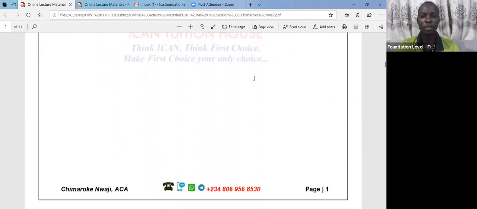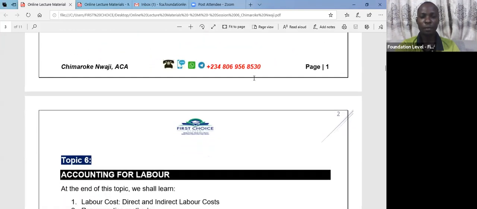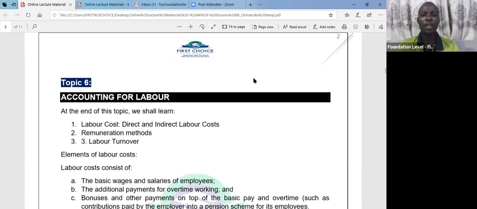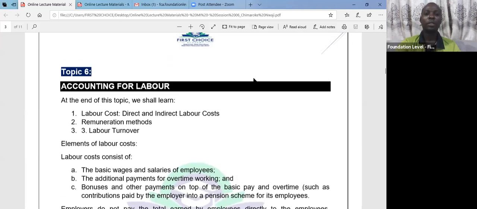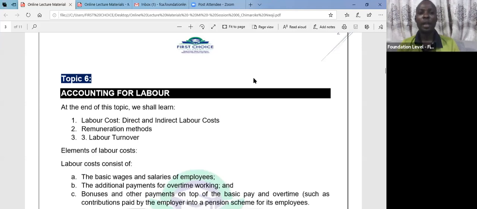Let's go straight to our topic for today. Accounting for labor. So in our production, we normally say we have direct costs, which we call materials and labor. Now, these are variable costs, material and labor. How do we account for